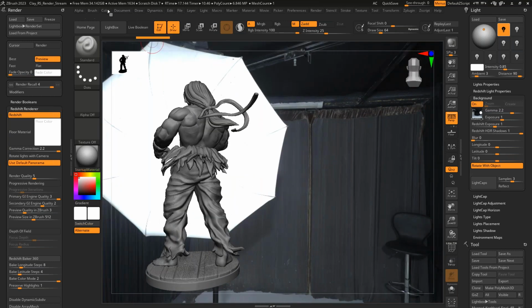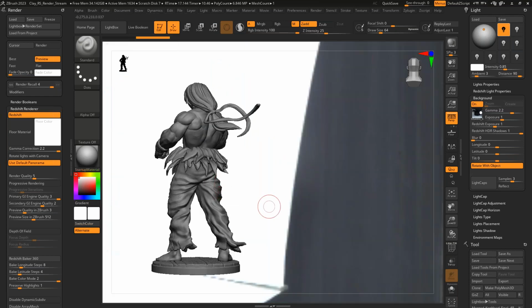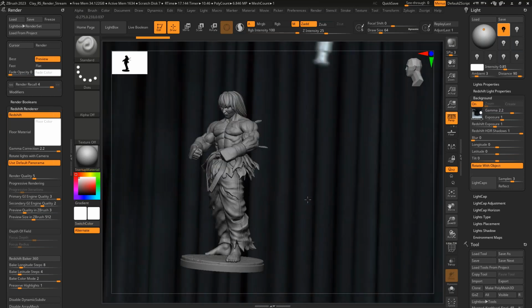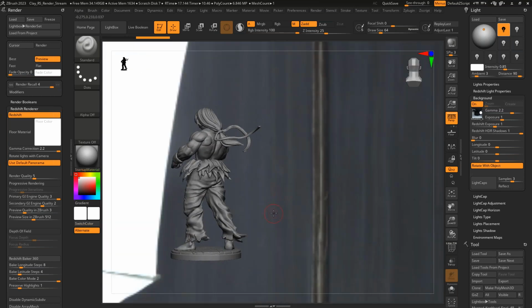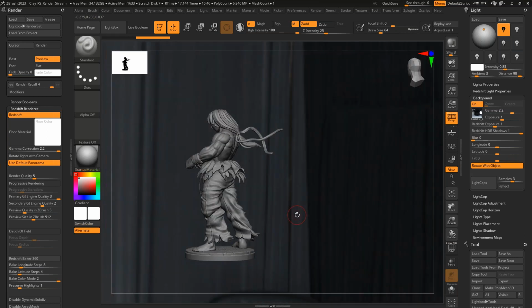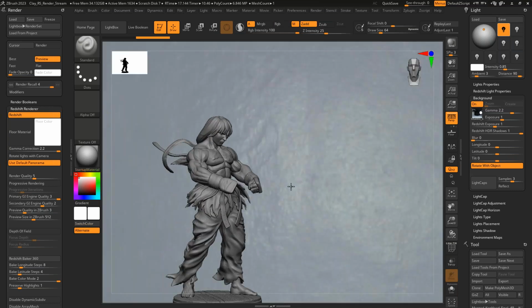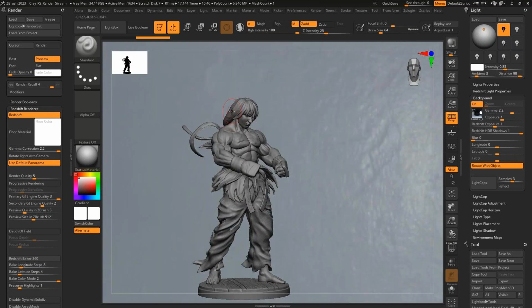So at 18 focal length, you actually see a lot more of that studio. At 85, it's cropped in a lot. And then if you want to do a test render of any kind, because now you notice too that my object is rotating around with the HDR, we'll turn that off here in a second. If I wanted to do a test render, all I need to do is hover over a spot on my model, press Control or Command if you're on Mac, and R. So that's Control R. I'm going to click that one time, and it's going to go through, and it's just